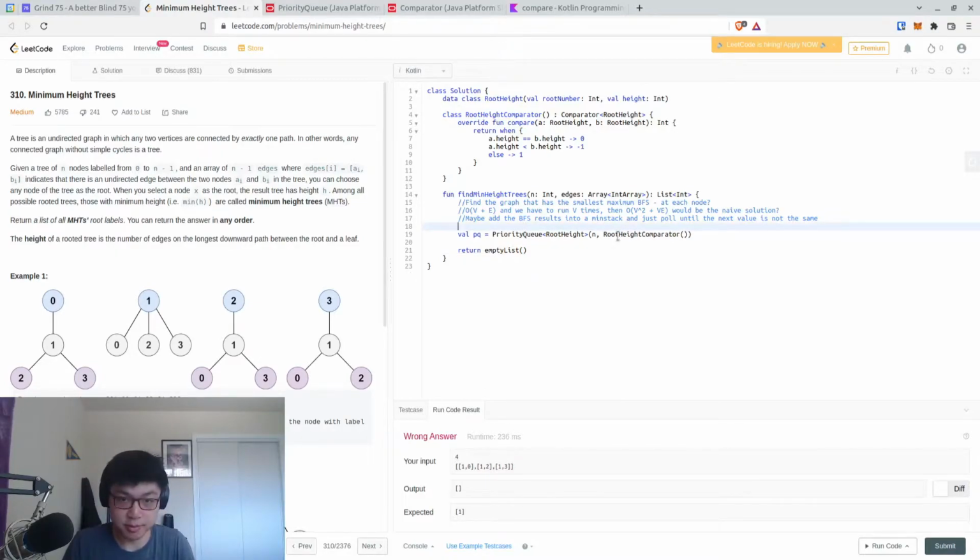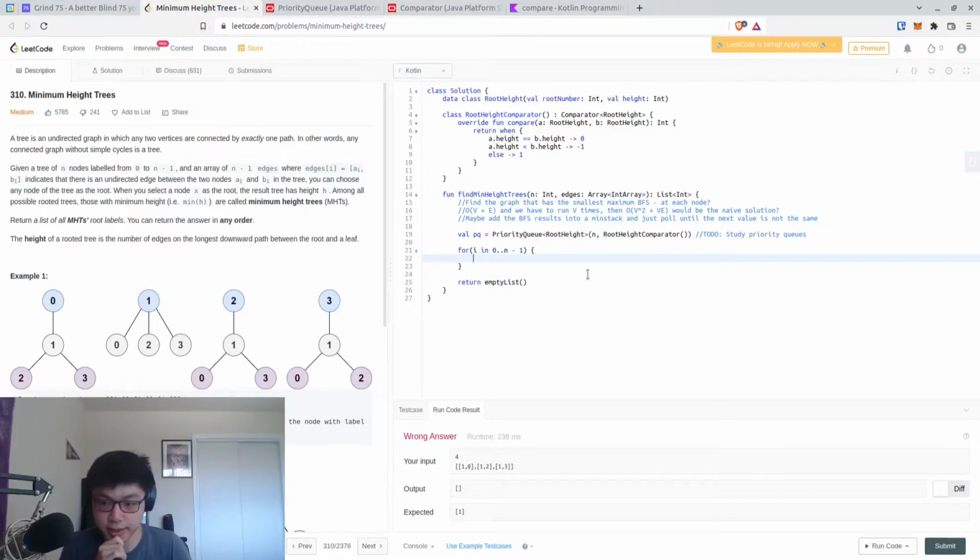Yeah, maybe some priority queue to study priority queues. Anyways, so we have a priority queue set up, or it should be set up, and then we can say for i in 0 to n minus 1, because this is inclusive, we will say